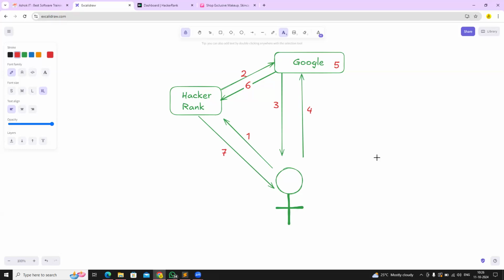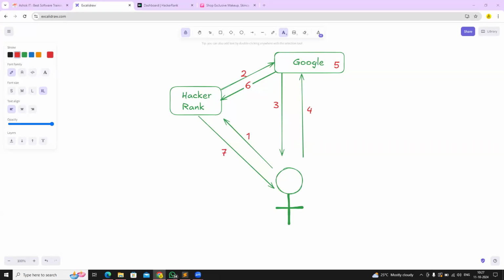Yeah, please. So whenever the user comes to any platform, it has two options to log in: either by registering on that particular website by entering an email, username, and password, or directly registering via Google. Currently we are going for Google registration. There will be an option to log in with a Google account. When we click on it, the request goes to the current platform, which redirects our request to